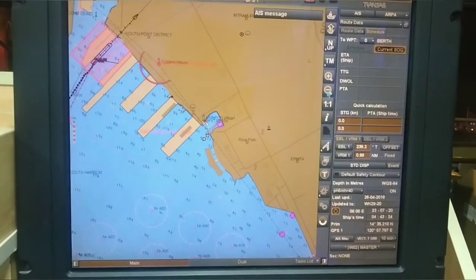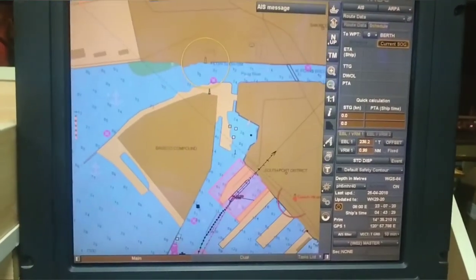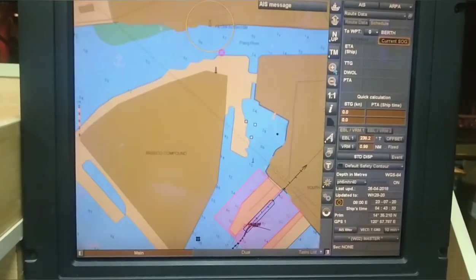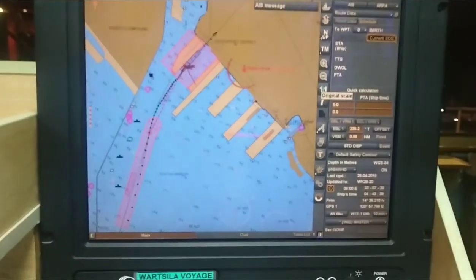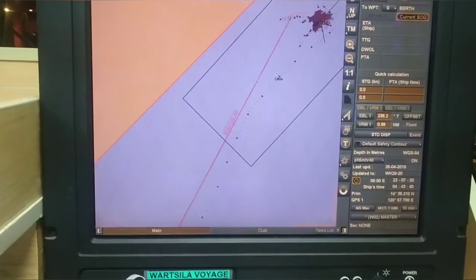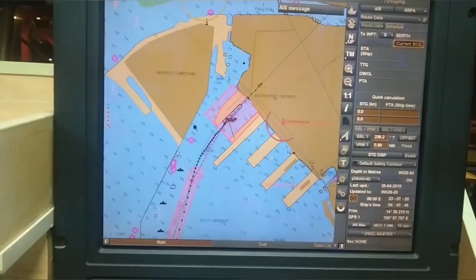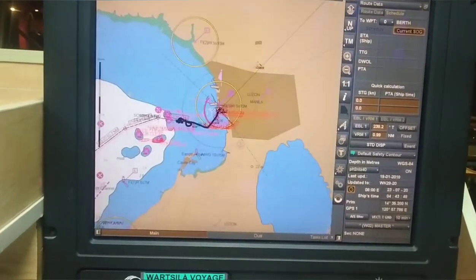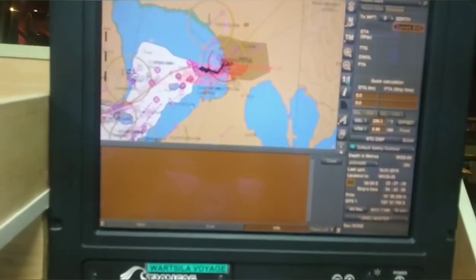Next is the zoom in, zoom out feature. If you click on zoom in, you zoom into the chart. If you zoom out, it goes like this. Zoom in, zoom in, zoom out, zoom out. Okay, now this is the original scale of the chart. Suppose I am in over scale, I click on original scale, and it goes to the original scale for which the chart was made.